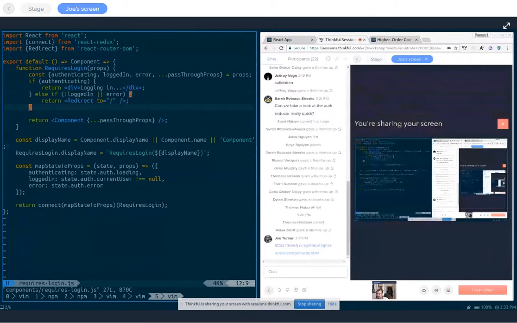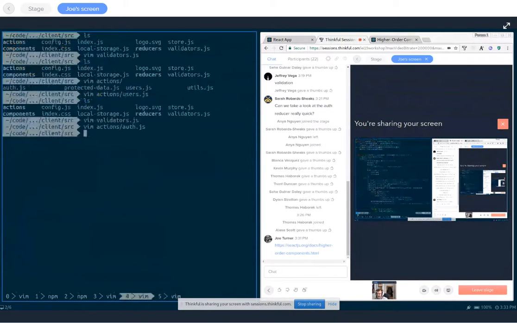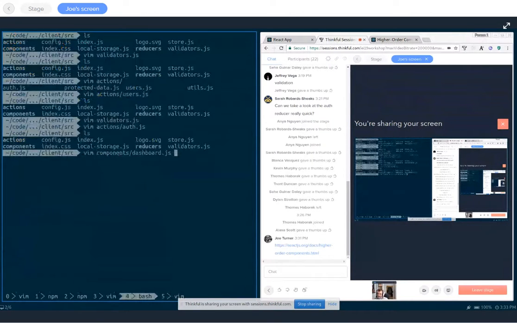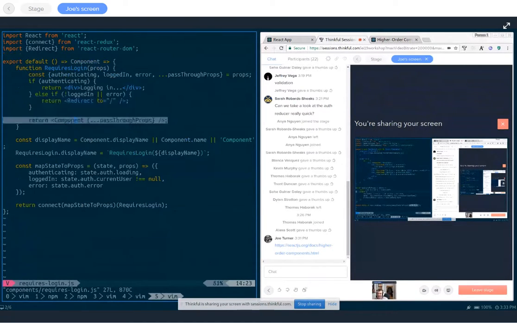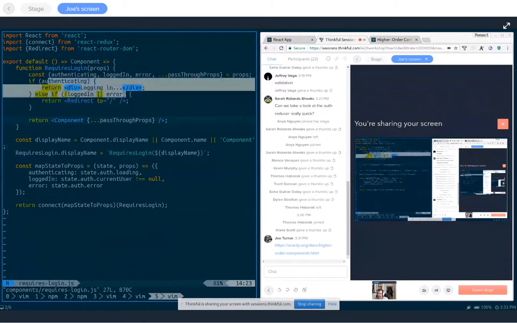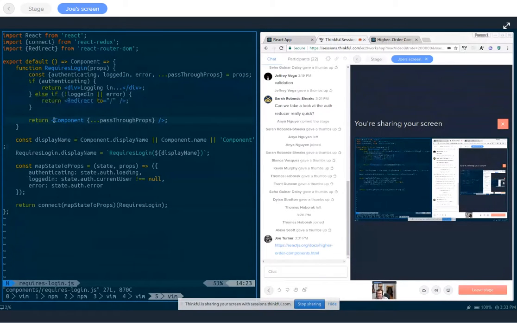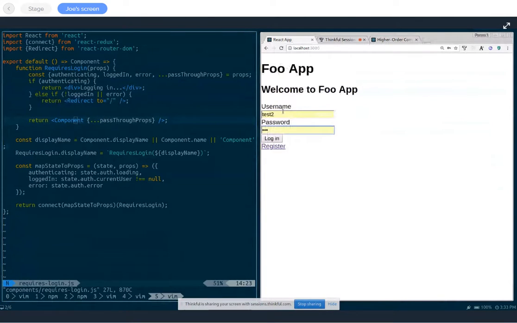Otherwise, if it all goes well, then we render the component which we're wrapping. So if I have a look at the dashboard component, component/dashboard, you'll see that this requires login basically wraps, albeit via a connect, the dashboard component. And with that dashboard component wrap, if none of these are true, so if we're not authenticating and we are logged in and there was no error, then it's going to render that dashboard component out, and that's what we see when I log in successfully,